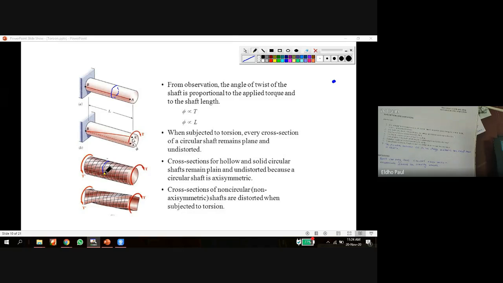There is no change in that circular cross section. Actually, the cross section is twisted, but there is no change in the circle. When we take the cross section here as well as here, there is no change in the shape. It remains a circular cross section. That is one of the assumptions we use while deriving this